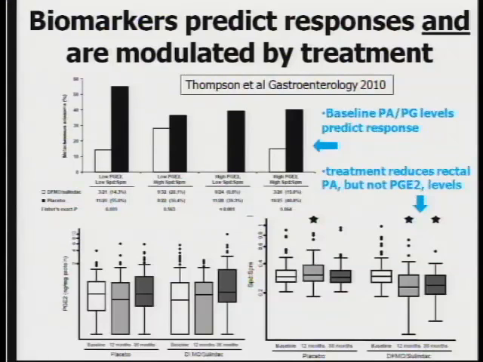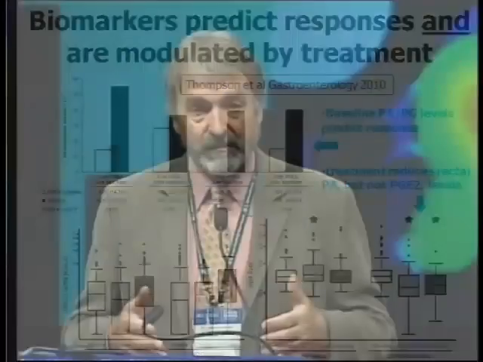So I show these data to emphasize the point that we have clinical data that intervening in this pathway is a very potent way to suppress metachronous adenoma formation in people with prior colon adenomas. It also is a treatment that targets the pathway that we think we're targeting. So this is the rationale for why, from here on in, I am very laser focused on polyamine metabolism.